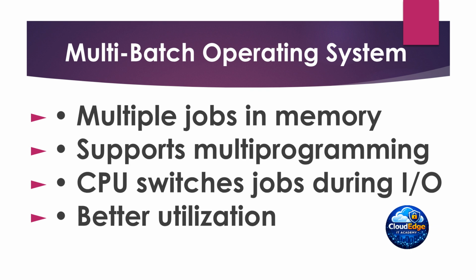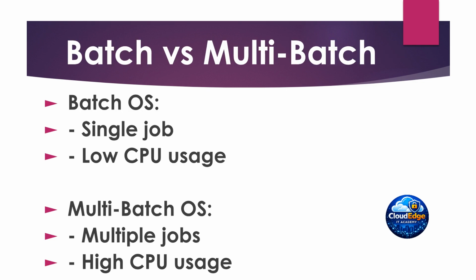The multi-batch operating system supports multiprogramming by holding multiple jobs in memory. The CPU switches jobs during I/O, leading to better utilization. Comparing the two, batch OS processes a single job with low CPU usage, while multi-batch OS handles multiple jobs with